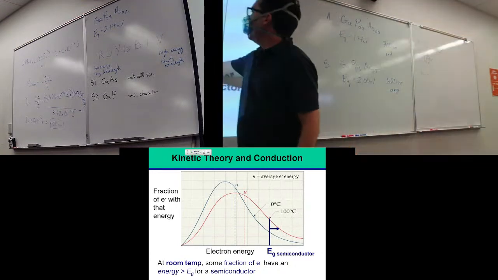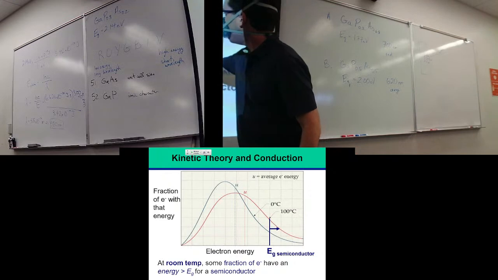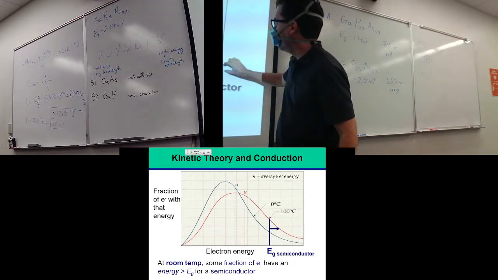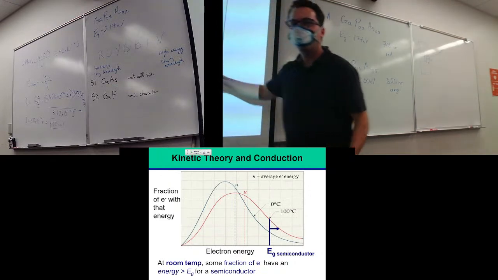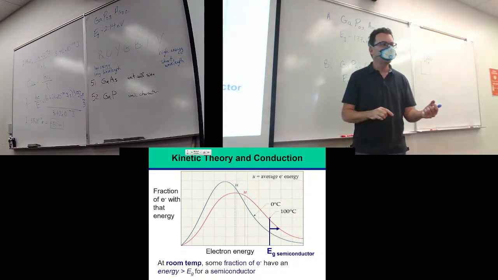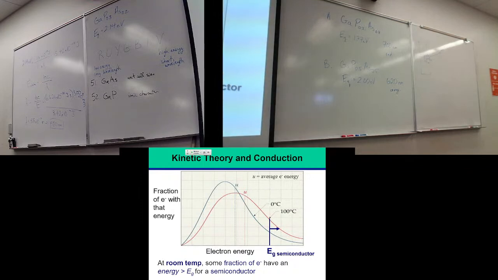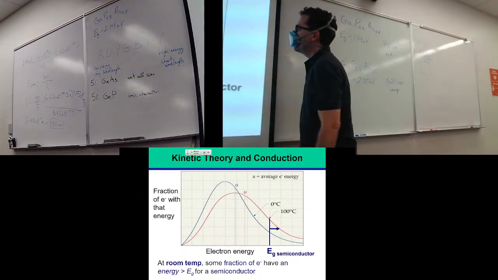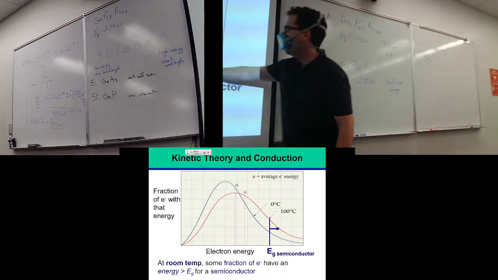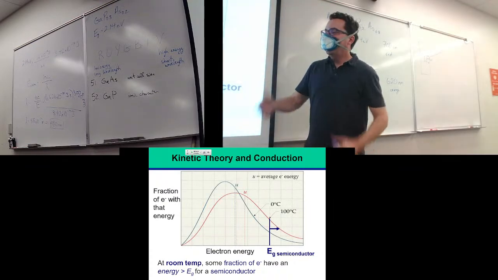So if you have a material in blue, these atoms here have enough energy to cause their electrons to be conductive. And notice there's not much. Most of the area under the curve is over here. There's a tiny fraction under the curve that is above this energy. But if I heat my material up,